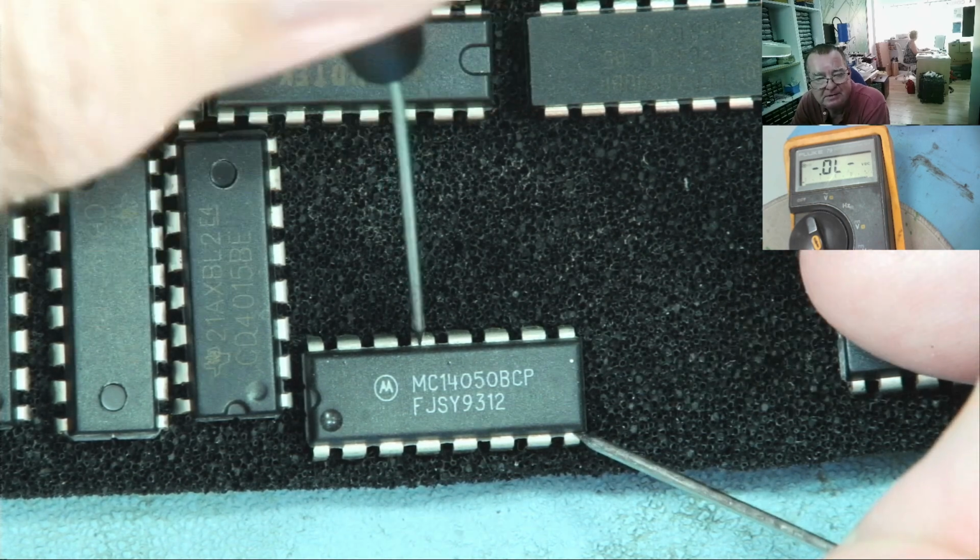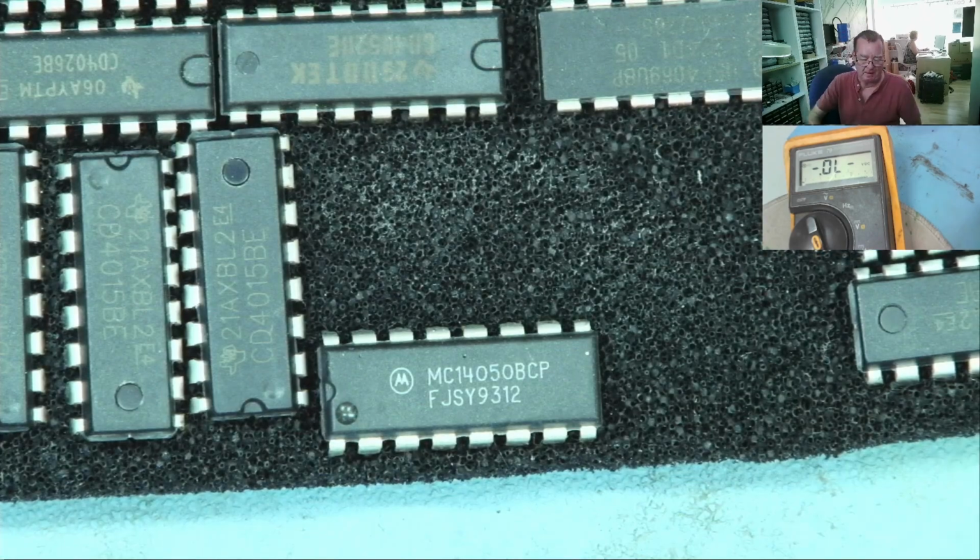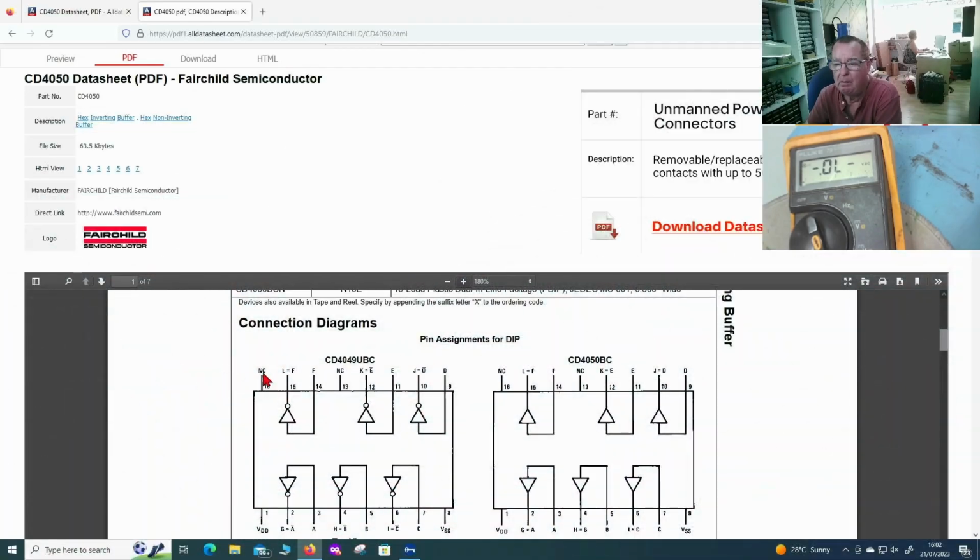open. Is that normal? Would we expect that? Let's look at the datasheet for 4050. Well, we can see from the datasheet that pin 13 has no connection. Okay, that's the one that read differently. Pin 16 also has no connection. I actually thought that was a power, but it isn't. So the fact that one is reading open and these are giving like 2 different readings for in and out, this chip looks okay, and that's the way you can test logic chips. Just take the data sheet, look at the pins,